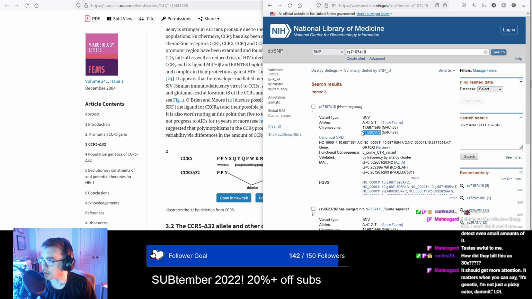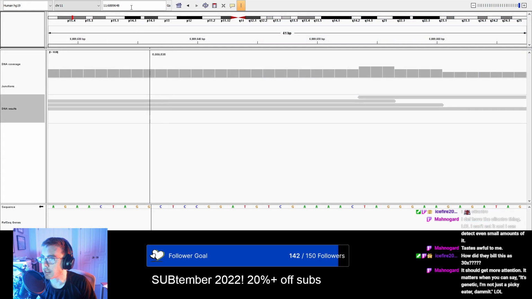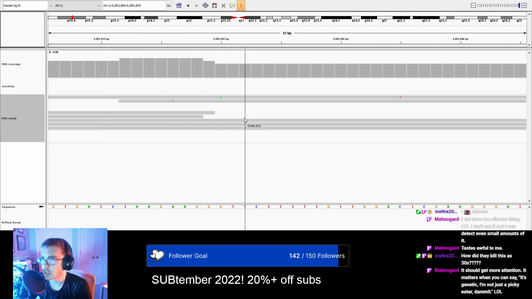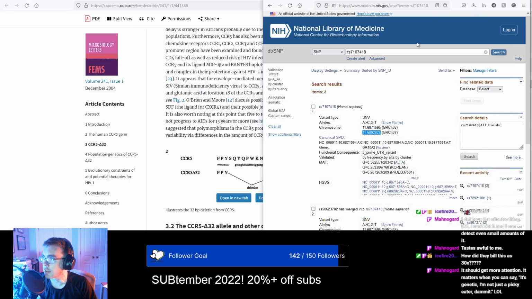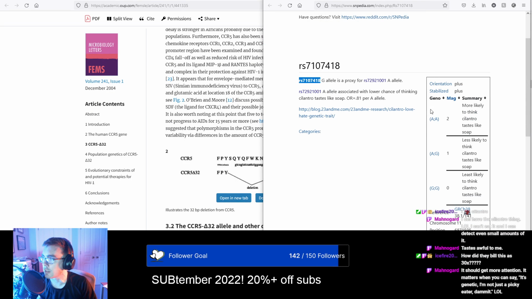How many soap alleles do I have, though? I think this one was also a G. I've already forgotten it. 26, 26. T. More likely to think cilantro tastes like soap. All right, so